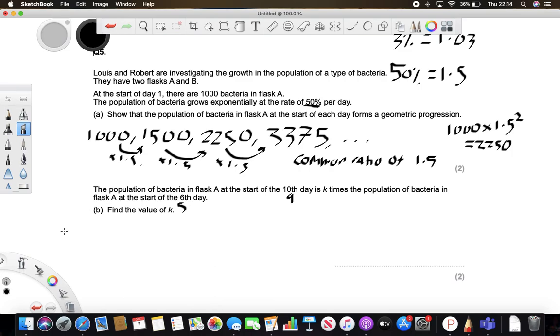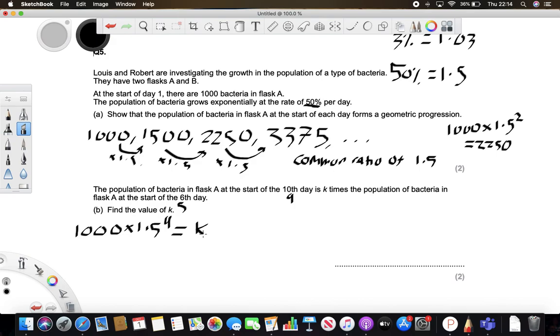So the 10th day, so we'll do 1,000 times 1.5, and it was the 10th day, so we want the 9th power, and that's equal to K